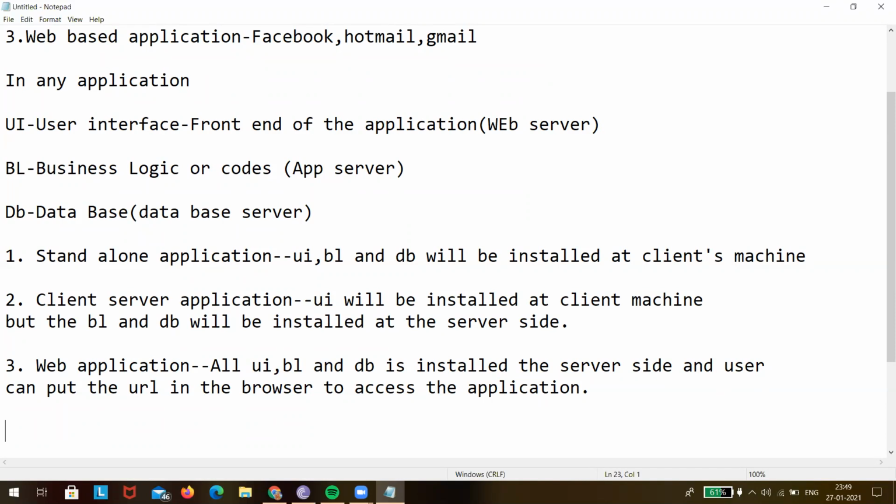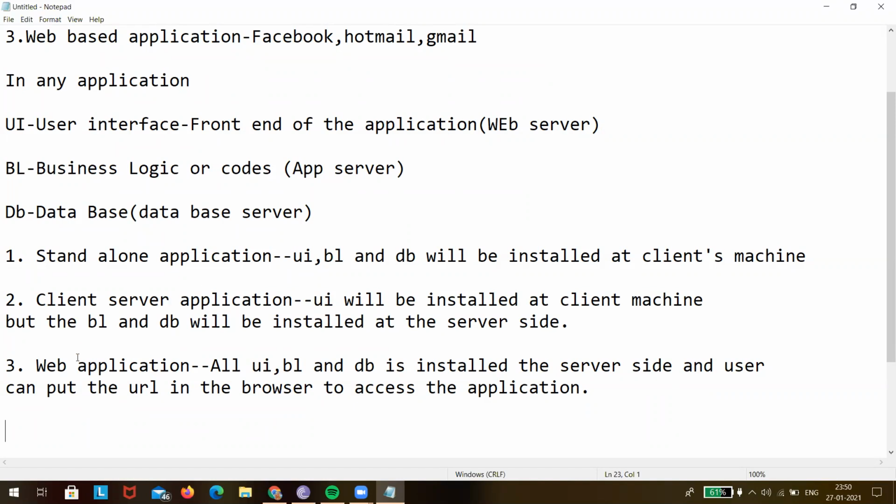Suppose this is a Google Talk or WhatsApp application: if he is sending a message in the user interface, it should go to the server side, he should get the response very fast, and user B should get that message.